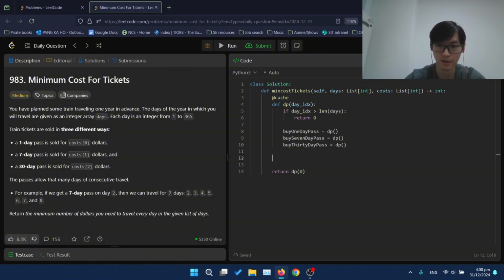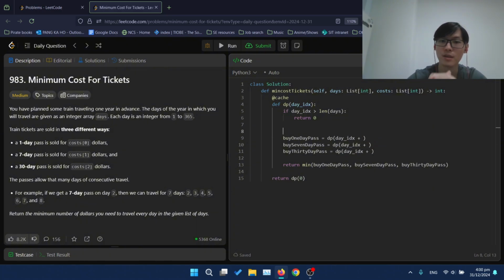Here, return the min of the 1-day pass, 7-day pass, and 30-day pass. So it's day index plus the next available, the next day where we need to buy a ticket, likewise here.